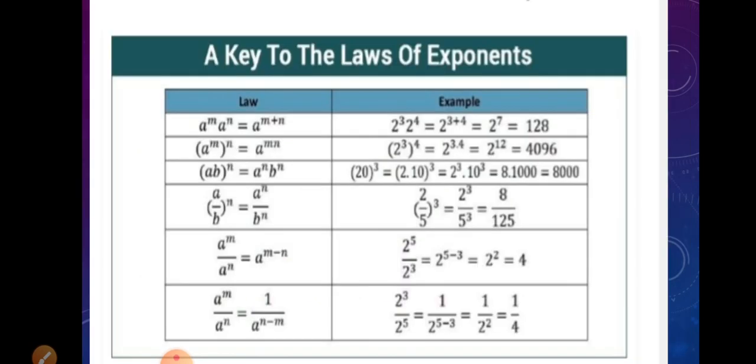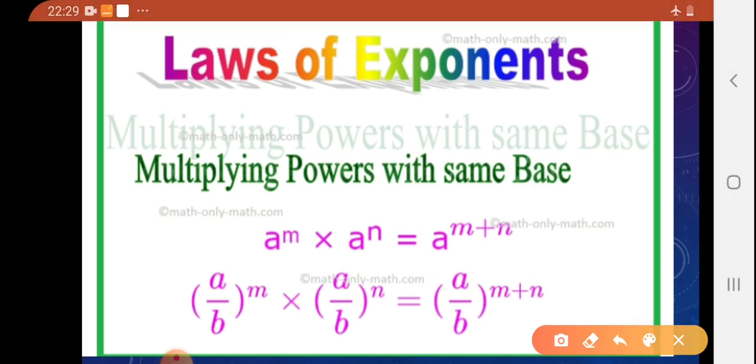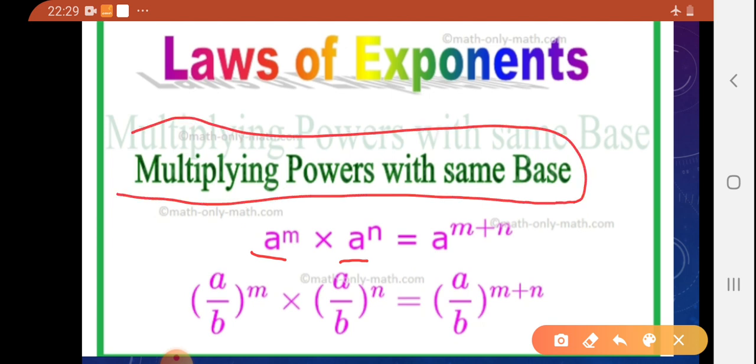Now next we will study some laws of exponents. The first law says that if there are two numbers being multiplied and their base is the same, here a is there and here also a is there, but the power is different. When multiplying powers with the same base,